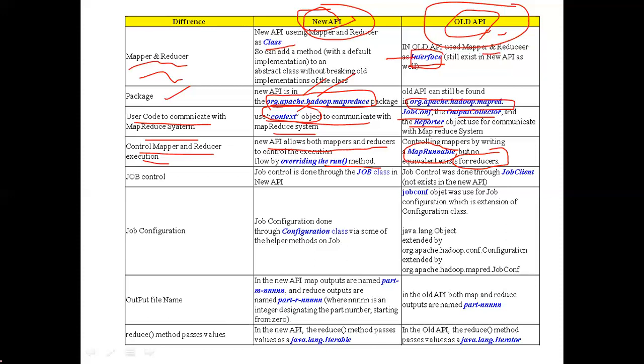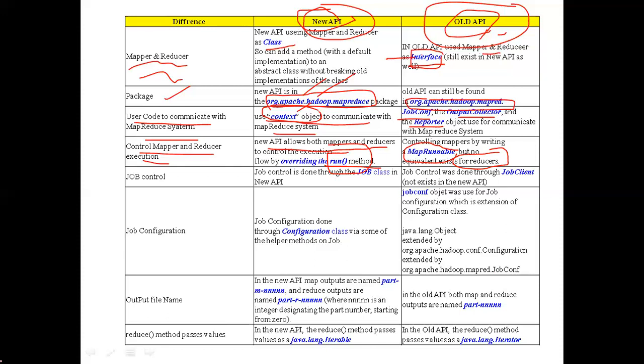There is no class at all. For controlling the execution flow of mappers, we have to write MapRunnable. When we come to the new API, for controlling both mappers and reducers, we have to override the run method. That we will see in the future when we start the programming.